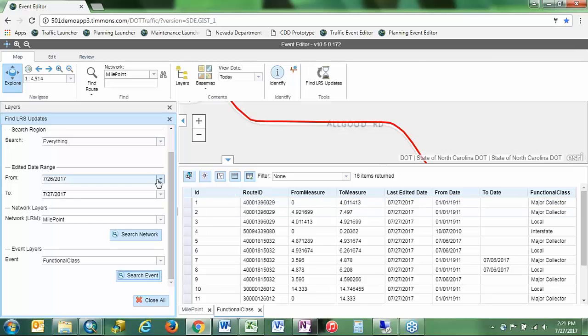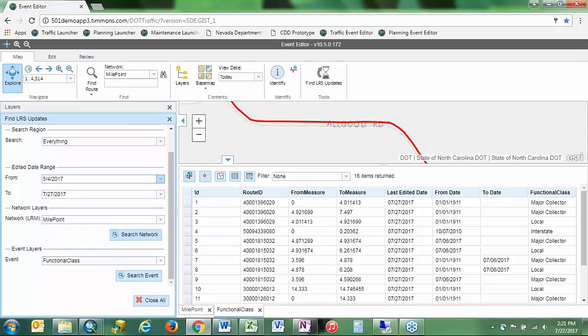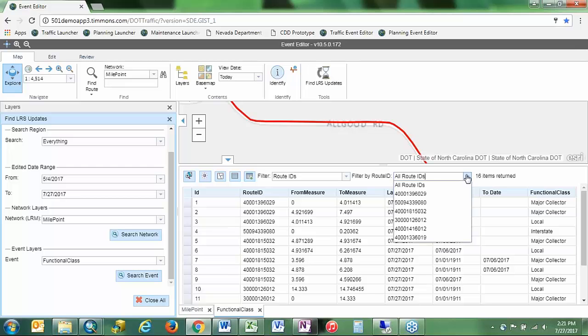So if we expand the date range again, let's filter by route IDs and look at a couple of these.